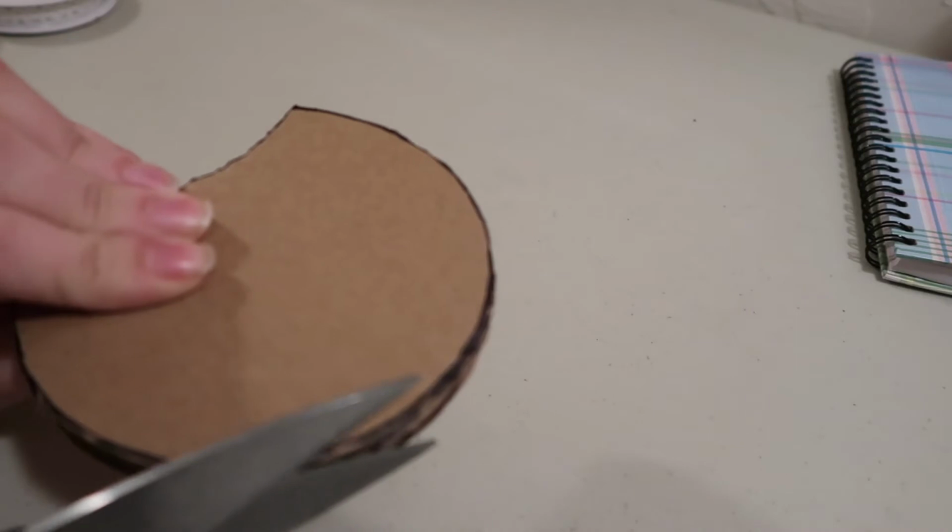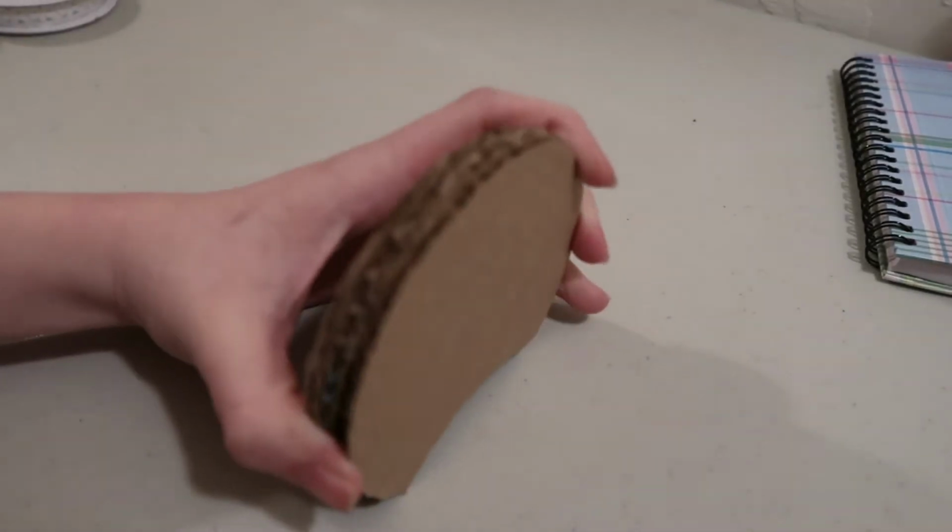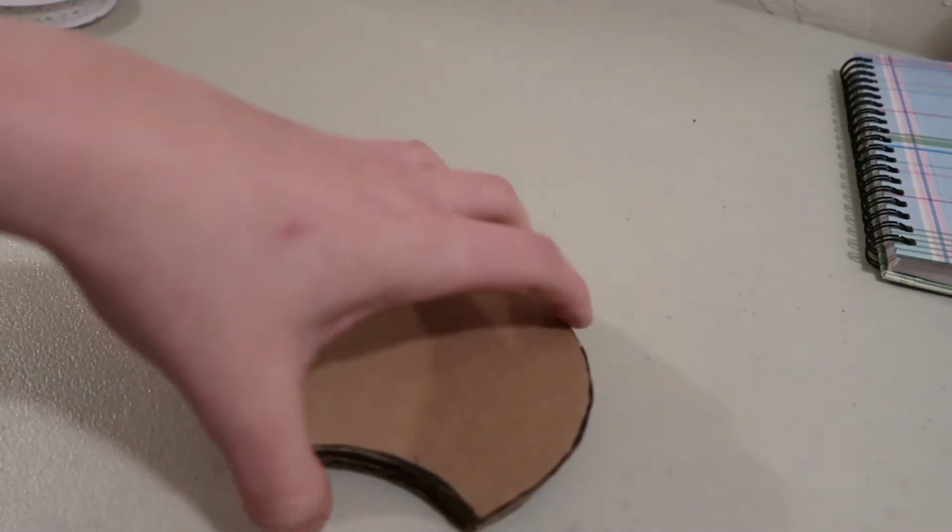You also want to make sure that there are no pointy ends. If there's any pointy ends, like right here is kind of pointy, just trim it up a little bit and make sure that they all match perfectly, or as close to perfect as you can get. So now that they're all 4 together in the same size, I'm just going to put those to the side,